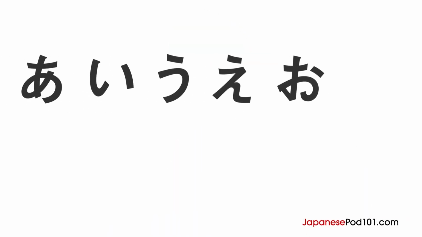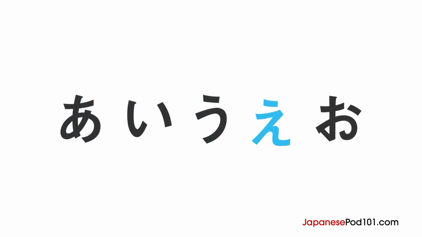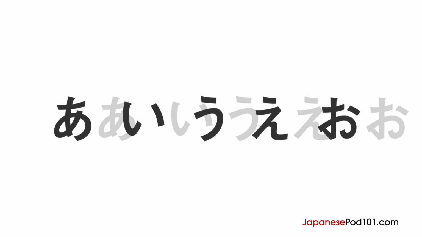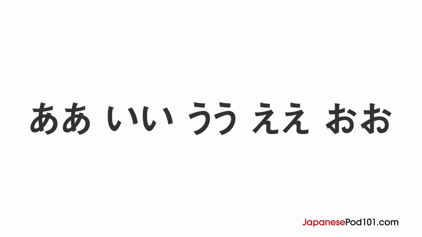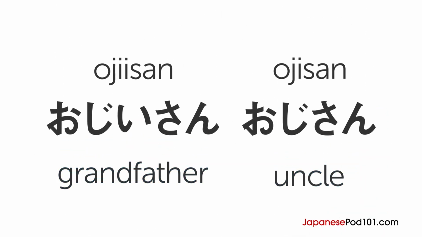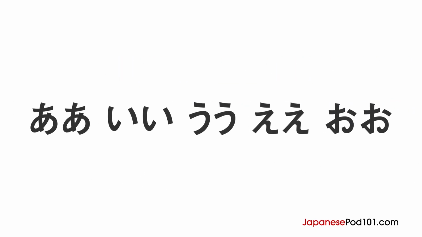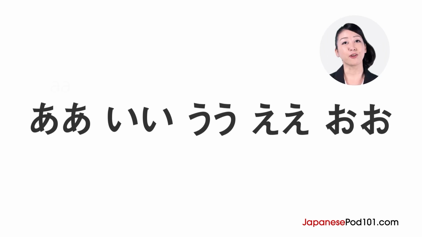In this lesson, you're going to learn the secret to mastering long vowels in Japanese. You have already learned the short vowels: A, I, U, E, O. Long vowels are pronounced for twice as long as short vowels. The meaning of a word can change depending on whether the vowel is long or short. This is a really important part of Japanese pronunciation. Okay, let's get started. The first one is